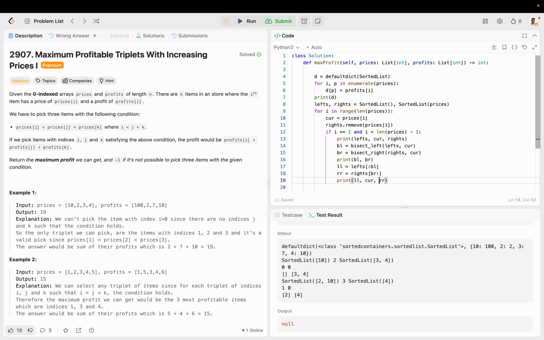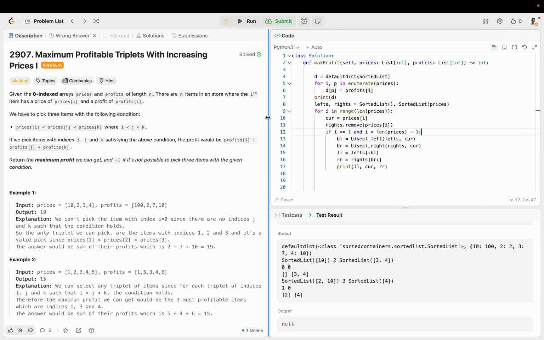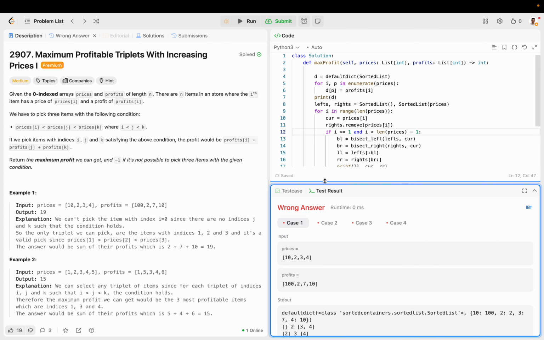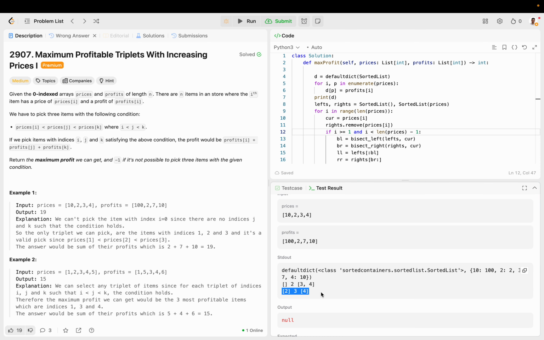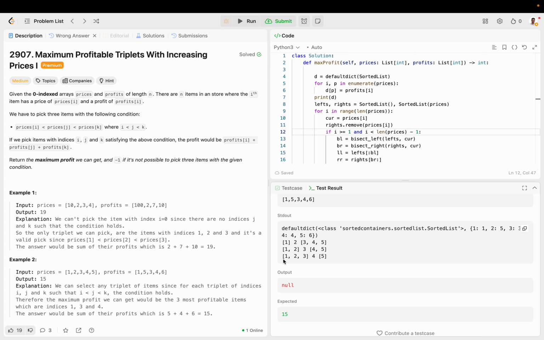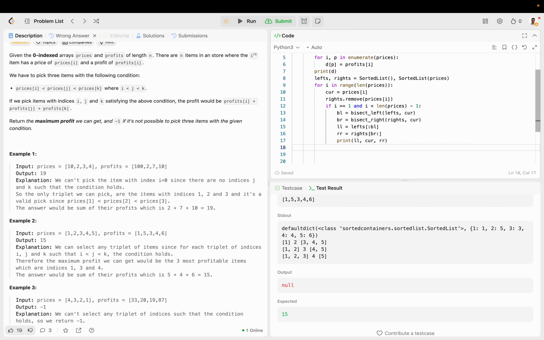And let's also print the current. So this is going to get a bit messy. But okay, we have this valid triplet. So now that we have this valid triplet, we can just go through this list and find the maximum price associated with any of these triplets. Because we already know they're going to be less than the current, and this side's going to be bigger than